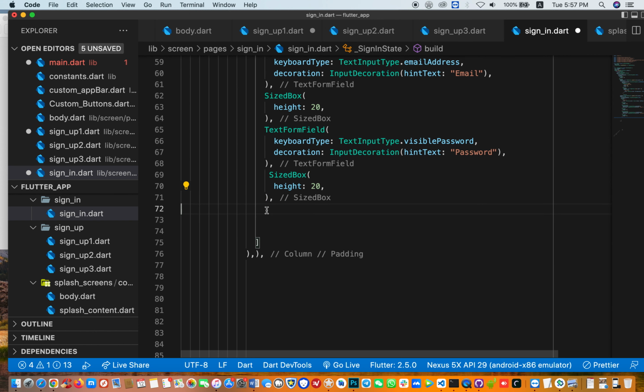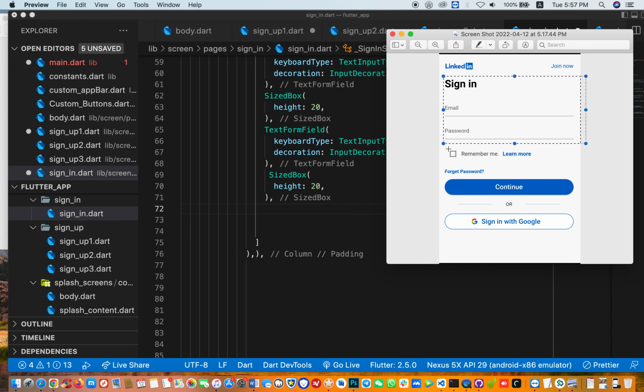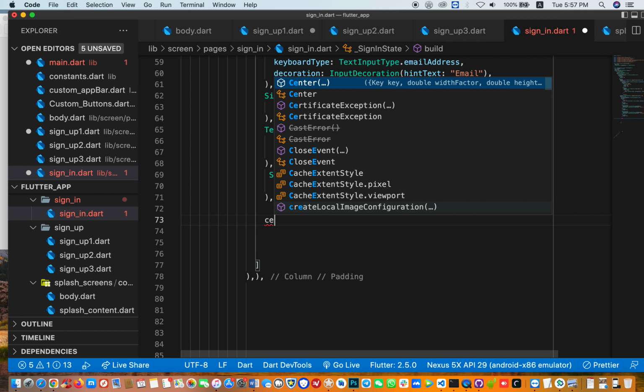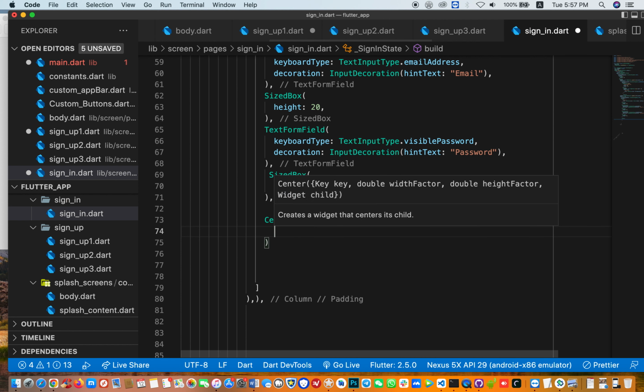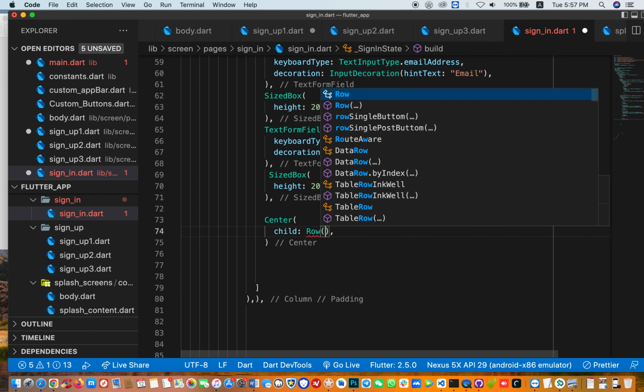And this, what we are about to do is to add this checkbox here, checkbox and these ones. So okay, so let's set this to center using the center widget, and I'm gonna add a child, and the child will be a row, and the row